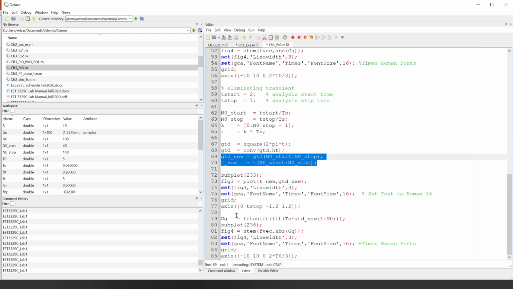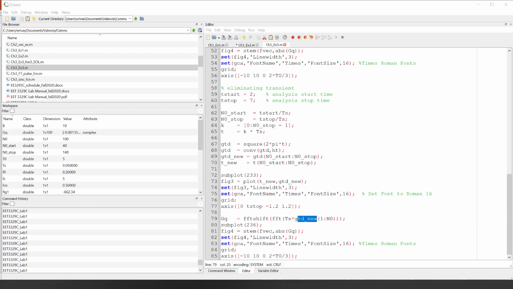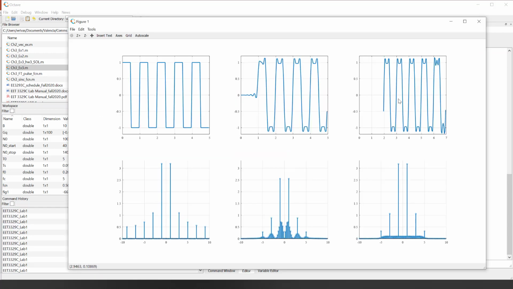I threw that data away, and that I will plot, and then I will do the Fourier transform of the new g(t). Okay. And if we do that, let's go ahead and run that real quick, and let me find the figure for you guys. Notice now that we have the upper right hand and lower right hand side. So sure, now our signal looks kind of periodic. It does a little funny thing there at the end. But that's again because we stopped it, right? I should have let the simulation run a little bit longer